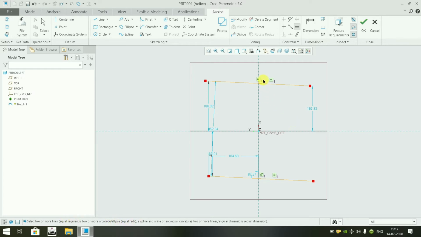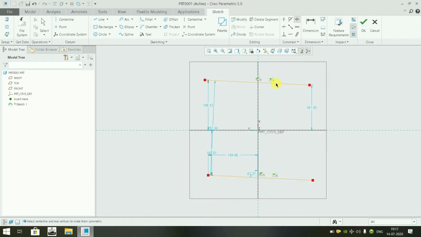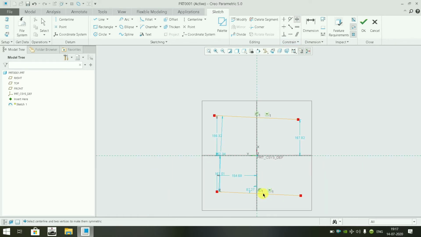And this is about symmetric. If I want to make it symmetric, right now it is not possible, because it is already equal. If I want to make it horizontal or vertical, we can choose both. Right now I want to make it vertical.